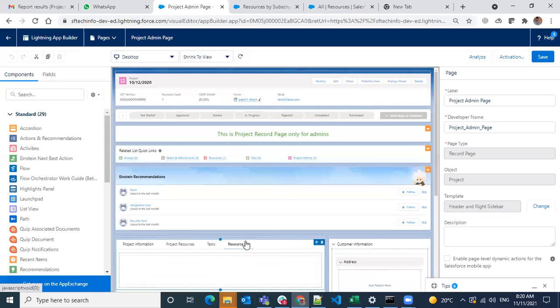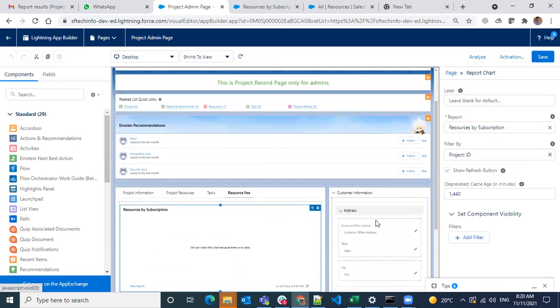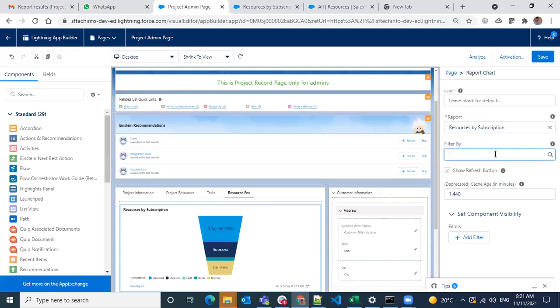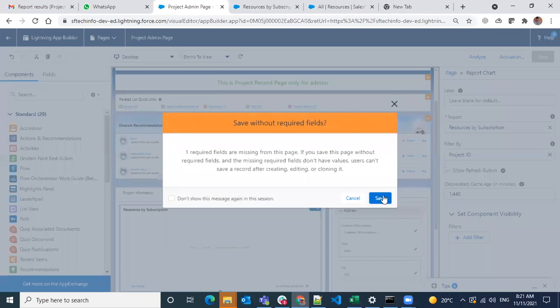So here, when we add a chart, we have an option to apply the filter, filter by. If you filter by the project ID and this dashboard is applied, then it will filter the data displayed on this chart by the project ID. I'm just doing a save. So this is where you have to apply it. If you don't apply any filter here, you just close it. And if you select none, then it will display all the data. If you select the filter, then only it will apply the filter.